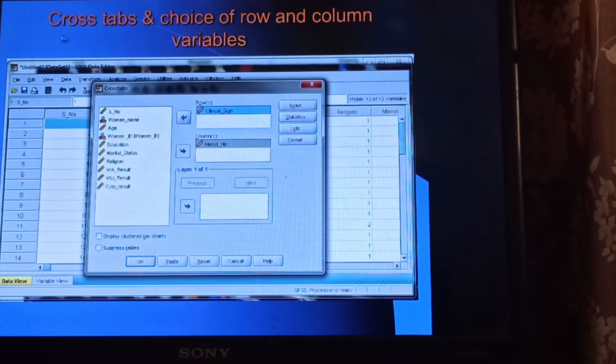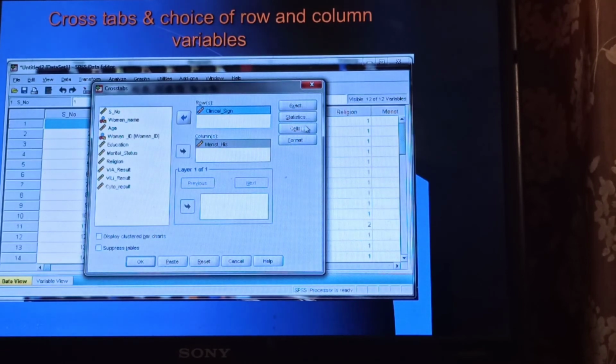So here in cross tabulation, the choice of row and column variables is made. We were interested earlier also in clinical sign and menstrual history, which we cross tabulated. Now I took the same two variables. In the row I took clinical sign, and in the columns I took menstrual history. Then I want percentages, say column-wise percentages.